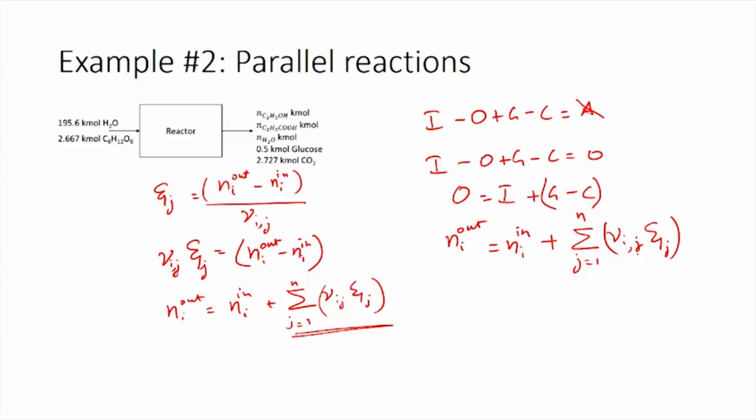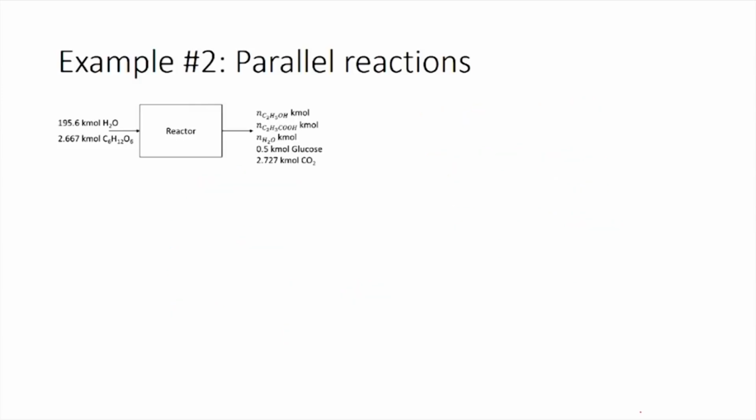So, using this particular equation, let us try and solve the material balance problem in front of us. For this reason, we will start with glucose, where we know the amount of glucose entering and the amount of glucose leaving, and carbon dioxide, where we know that no carbon dioxide is entering the system, and we have the condition of how much carbon dioxide is present at the final condition. So, using that, let us start with glucose balance. The glucose balance would look like this: you have glucose final would be equal to glucose initial